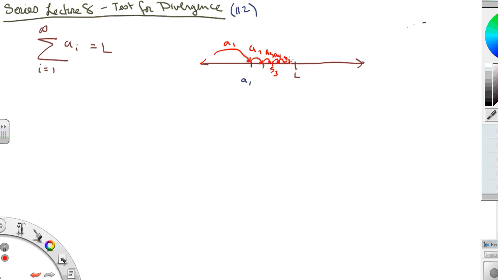What can you tell me about those things? They've got to get smaller and smaller, right? The A_i's have got to go to 0 in order for them to not pass L. Well, the same is the case if some of the A_i's are, in fact,